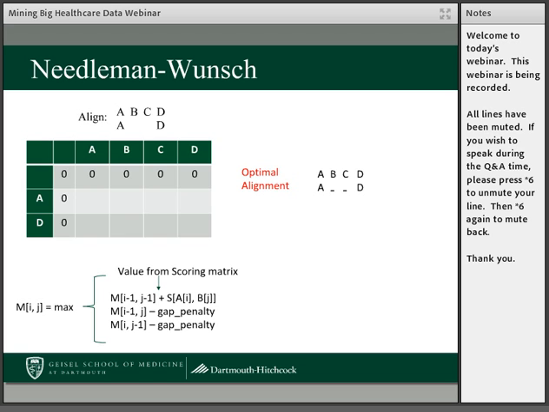And then we can use this algorithm, which I won't go into too much detail on, basically to look at how close the alignments are between those two sequences, A, B, C, and D, and A and D. We can get a score of what the optimal alignment is, which is shown on the right there, where the best alignment is actually sticking in two insertions between the two sequences.